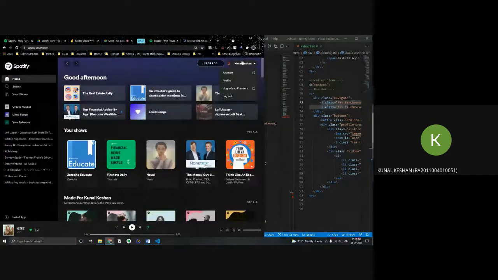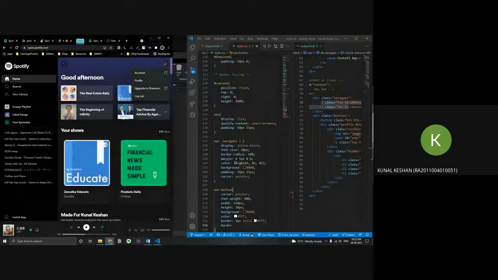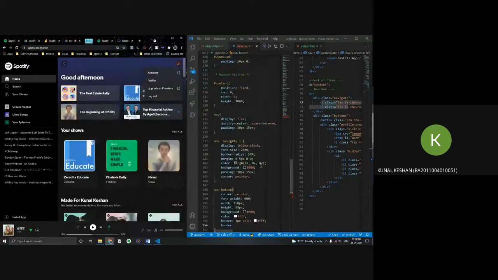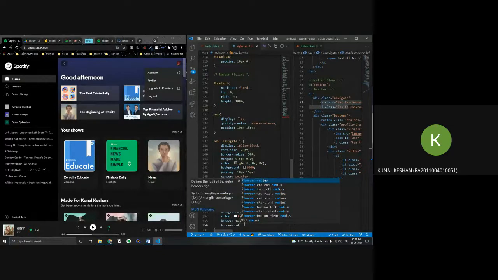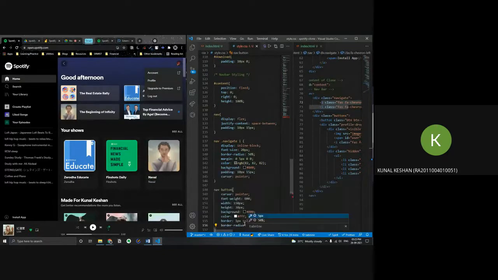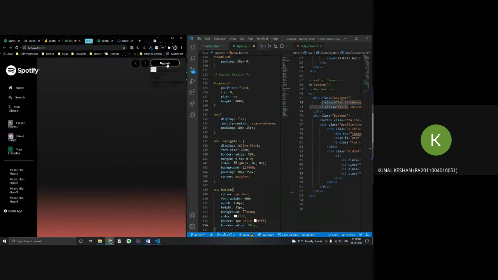The buttons curve a bit, so we can do that using the border radius. But we don't want it to be a circle, so we'll give an absolute value of say 20 pixels. So you can see it's starting to look like the original button right now.